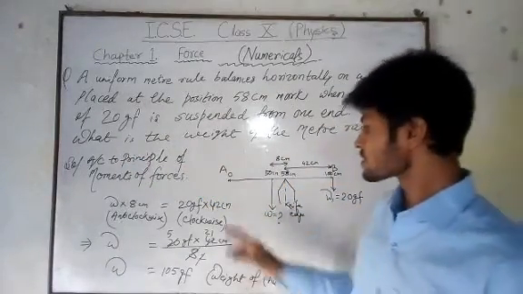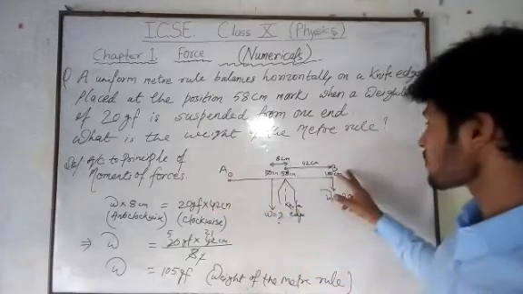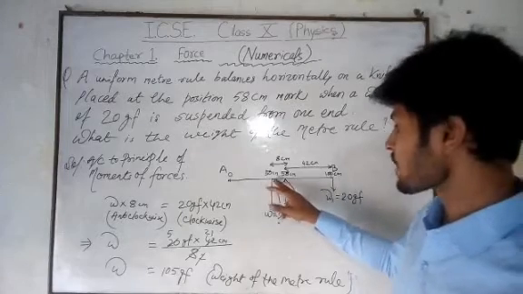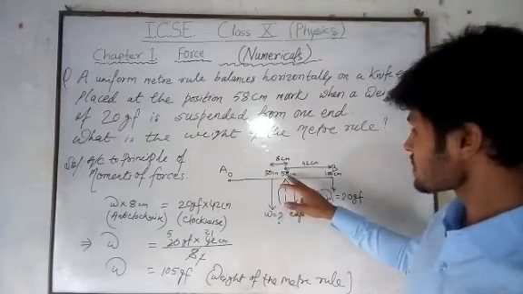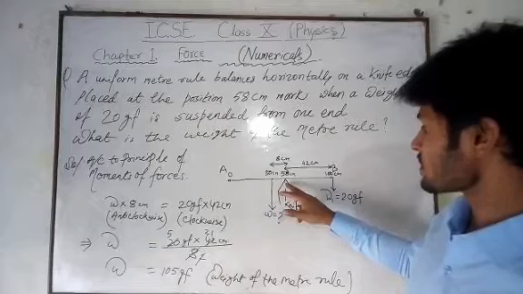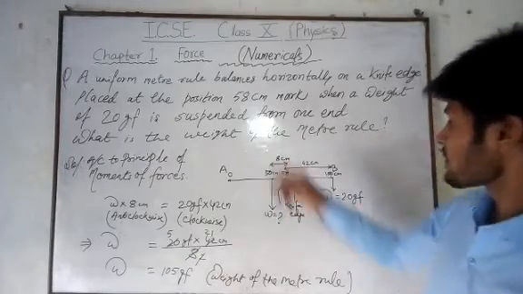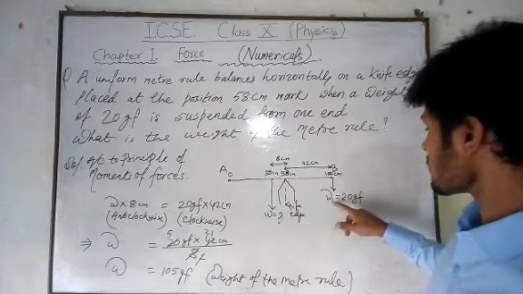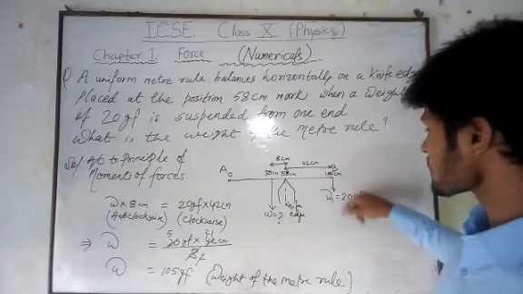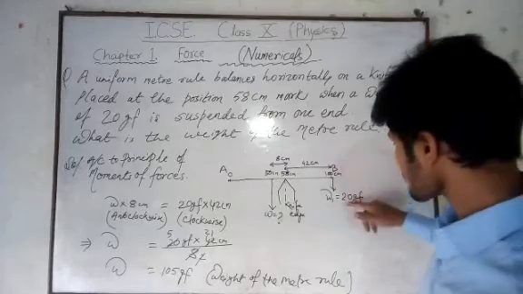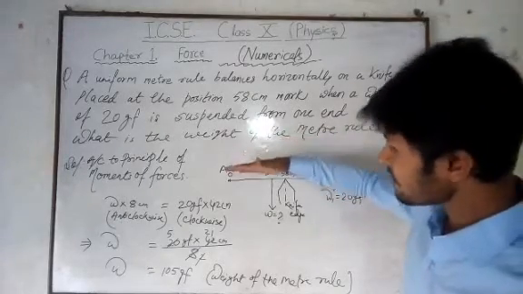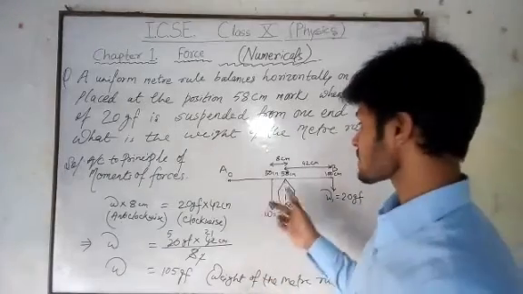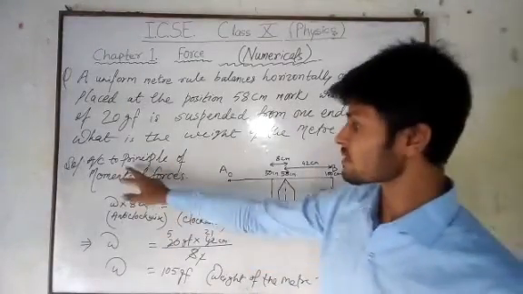This is the question. So suppose this A, B is the meter rule. This is the 0 mark and this is the 100 cm mark. This is the midpoint 50 cm mark and this is 58 cm where the knife edge is. Now it is given in the question that on this end the 20 gram force load is given. After giving this load, the meter rule is in the state of equilibrium. Then we know that once a body is in equilibrium, according to the principle of moments of force,